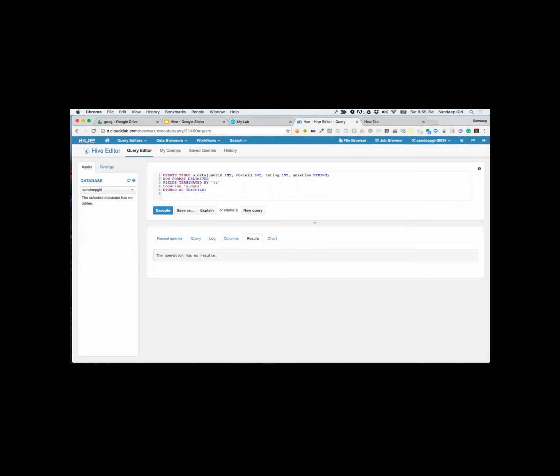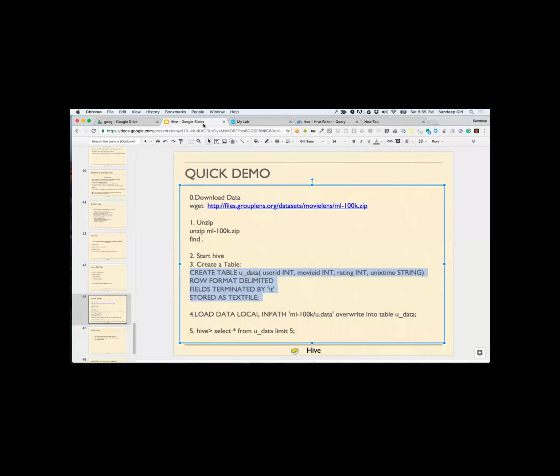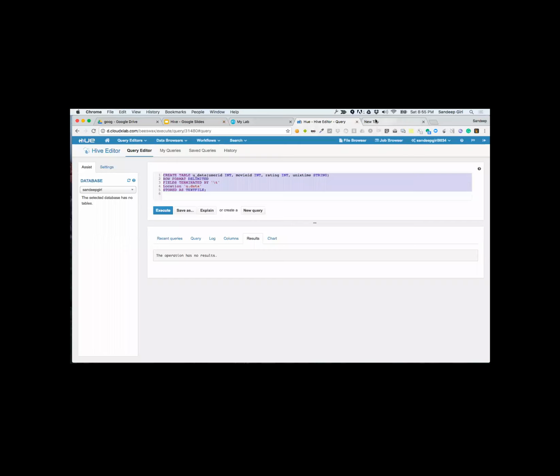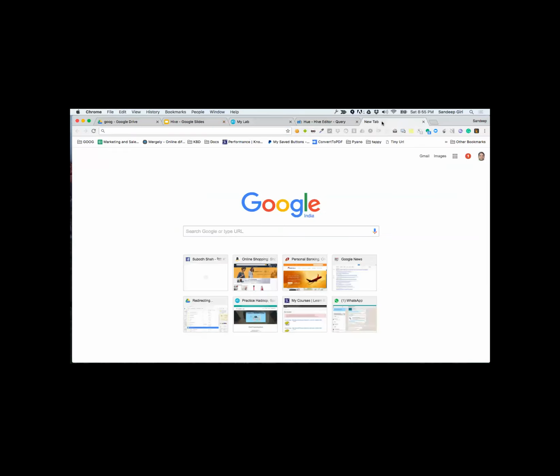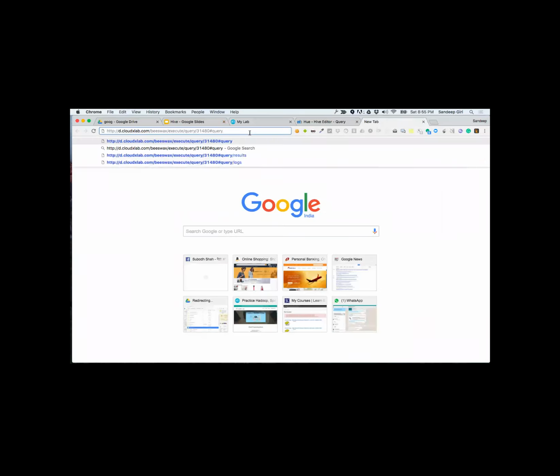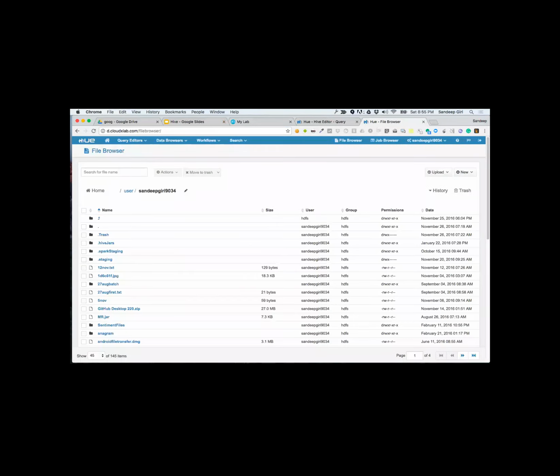So Stephanie, where are you stuck? Let me also, in the meantime, try to execute this and see if this is correct or not. So is it not letting you execute the create database again?